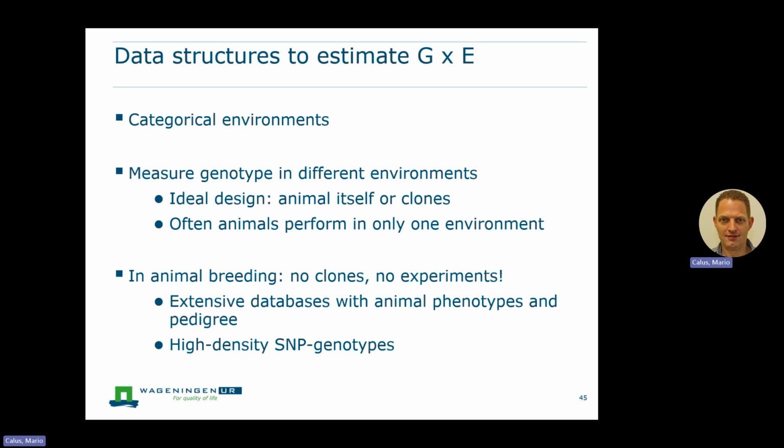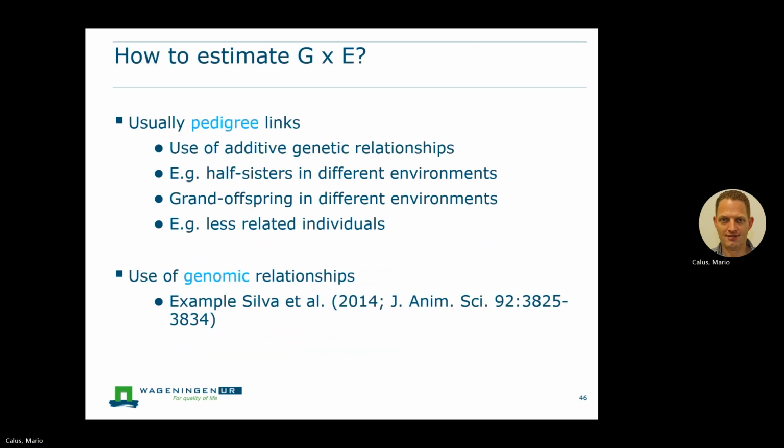So they're not the exact same genotypes, but they're partly the same genotypes, and we can leverage that link, that genetic relationship between the individuals, to capture the G by E. That's one way to do it, to use pedigree to create the links between individuals in different environments. Typically now we increasingly use SNP genotypes to do this. So traditionally, pedigree links are used, and